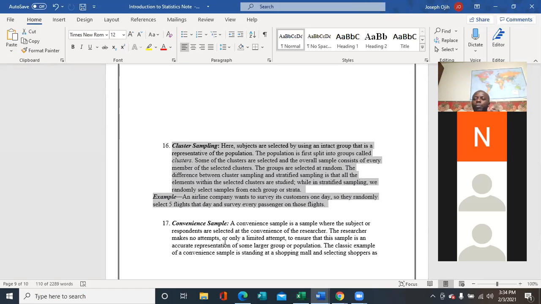So what you can do in cluster sampling is select only 3 hospitals, then study the entire population of COVID-19 patients in all the 3 hospitals selected. In Maryland we have more than 3 hospitals, but you select at random 3 of them, where those that have that element are clustered together, and then study all the elements in those 3 selected hospitals.